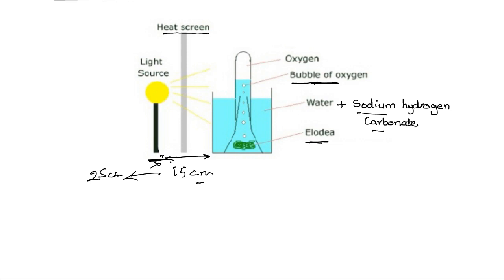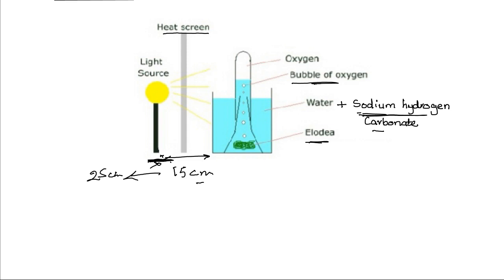So the same experiment can be used through modification to investigate the effect of carbon dioxide concentration on the rate of photosynthesis. For example, by using known quantities of sodium hydrogen carbonate, and therefore we know an estimation of the concentration of the CO2 in the water, we can then determine the rate at which oxygen is being produced by keeping the light intensity constant and also the temperature constant. So we can vary the concentration of the CO2 and then measure the rate by counting the number of oxygen